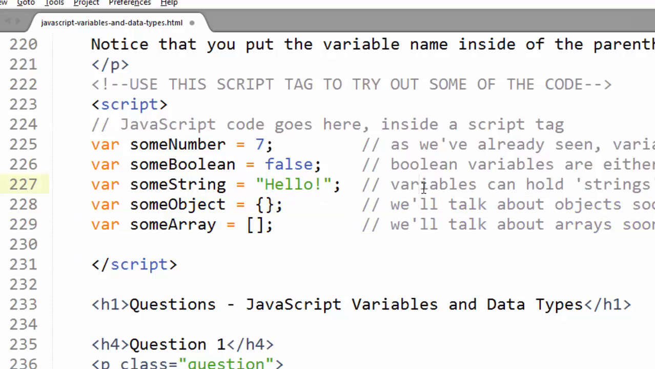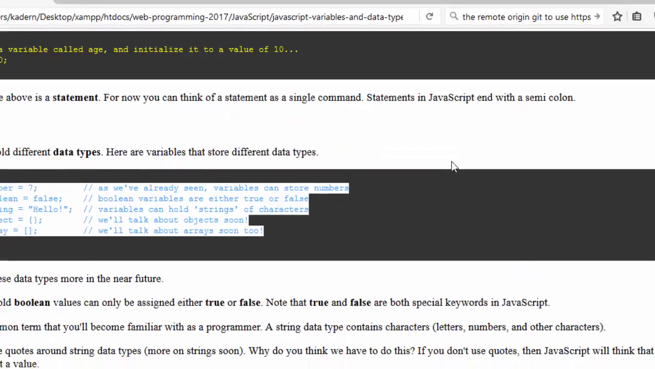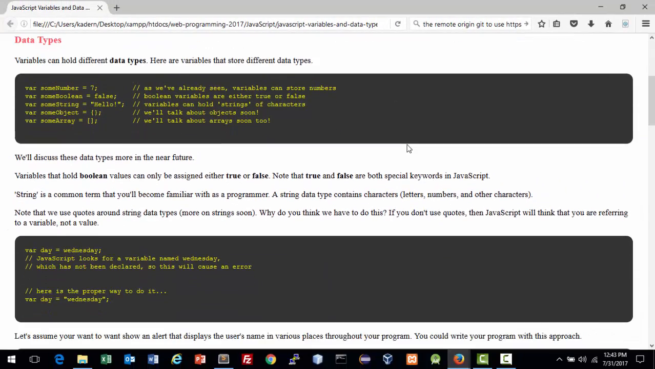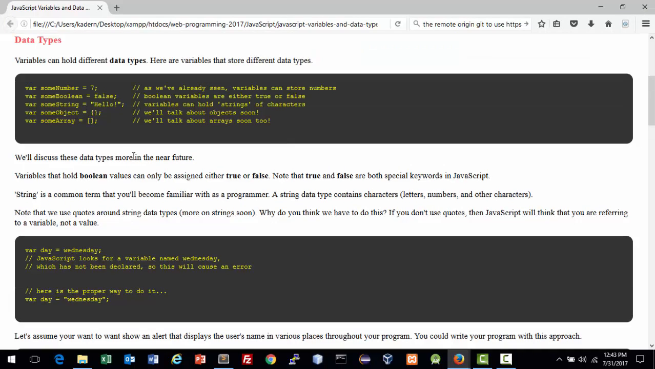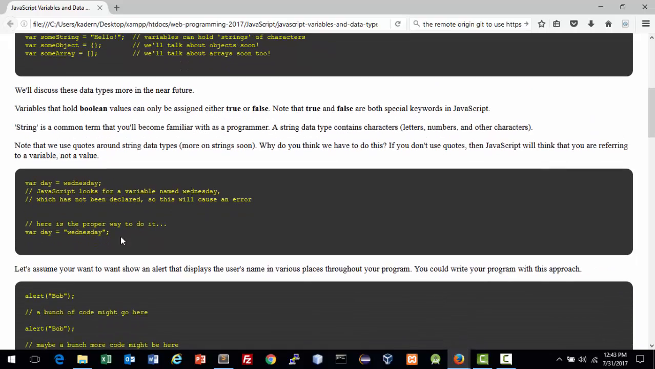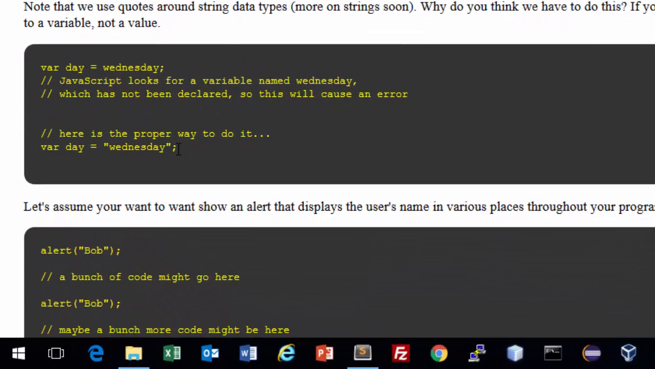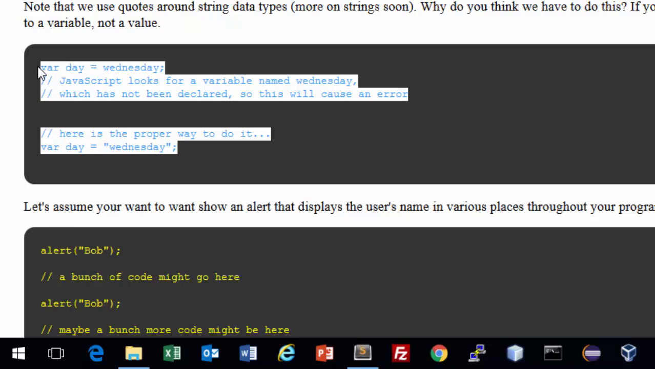So all right, let's bounce back over to the page and see what we have next here. Okay, so I'm going to jump down to the next code box here, and I want to talk about why we have to put quotes around our string variables. So I'm going to go ahead and copy everything in this box here, hit Control C, and